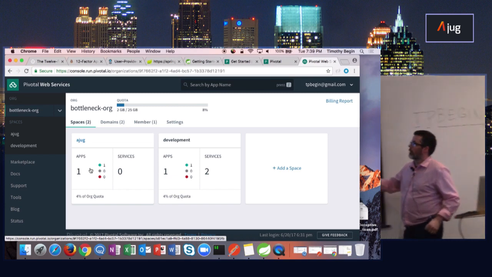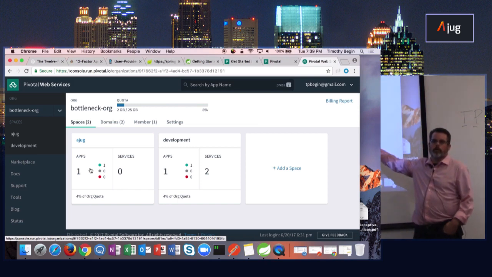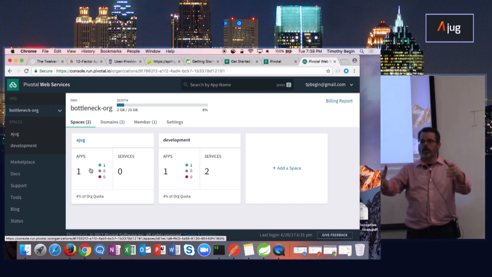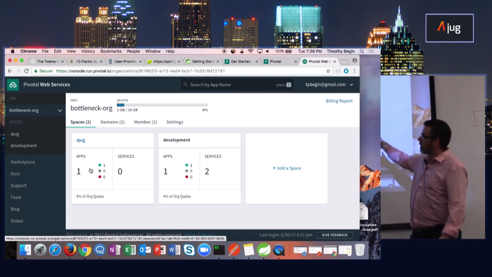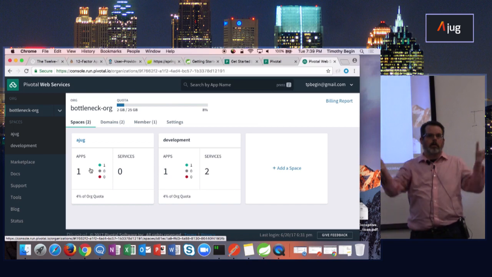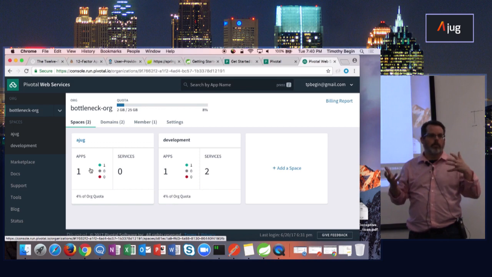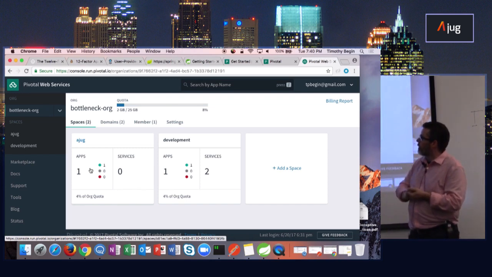The reason that you have an organization has to do with the billing and segmentation of resources. If you have infrastructure as a service, that's going to give me a server, and I'm responsible for doing everything on it. If I get a platform as a service, it's going to take my applications and create containers for me. So all I have to do is push my application out there. You have to do a couple of other things so it knows how to create your container, and so on and so forth, but it's going to take care of all that for you because it's a platform as a service. You then only have to worry about your applications.